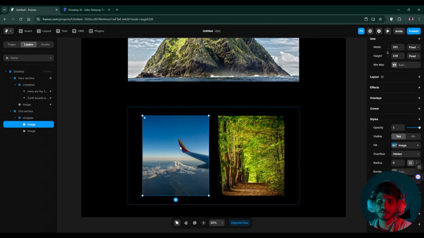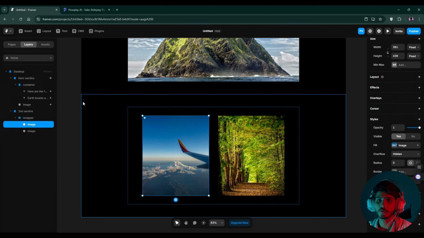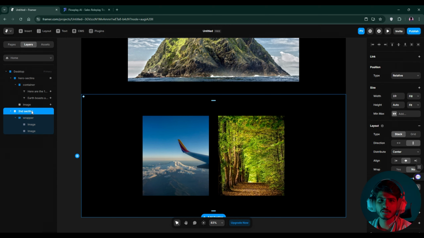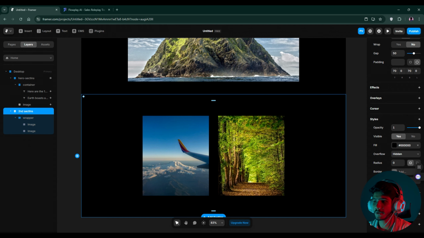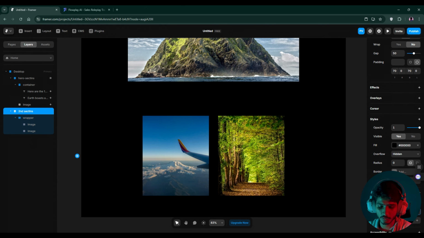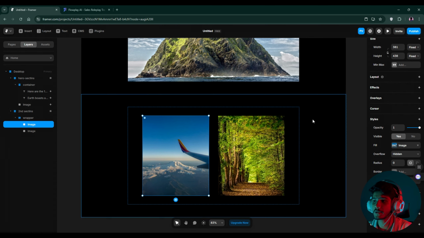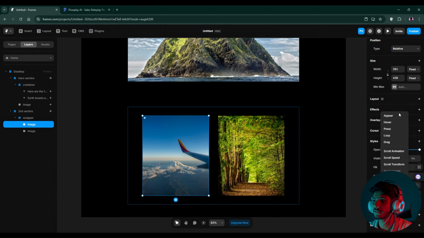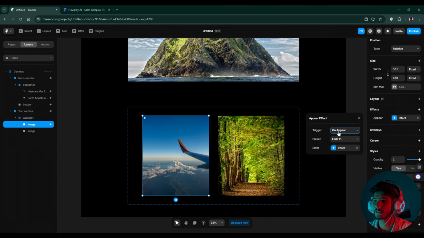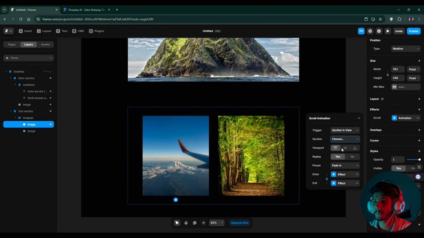Simply select the images that you want to perform animations on, and firstly we have to give the section a name as we discussed before. So this is the second section, as we can see here in the naming. So go down to the CLS panel and select the scroll section and give it the name second. Okay, and this is the image on which we are going to perform animation. So simply select this and go to the effect section and go to the appear section, select the same things as we have done before, and there we will select the second ID that we have done now.